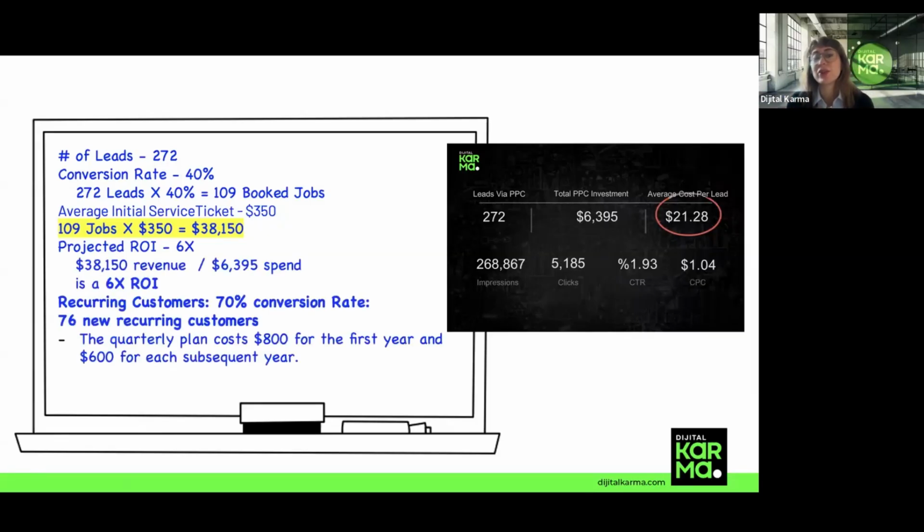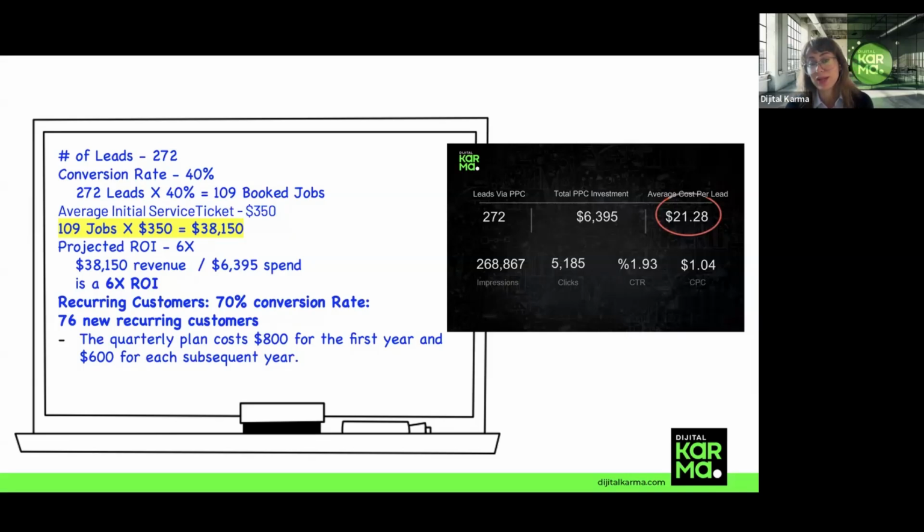But we haven't calculated recurring customers yet. I know from the owner and his sister, because she and her team are closing the leads, that 70% of this conversion converts to recurring customers. So that means 76 new recurring customers in August.